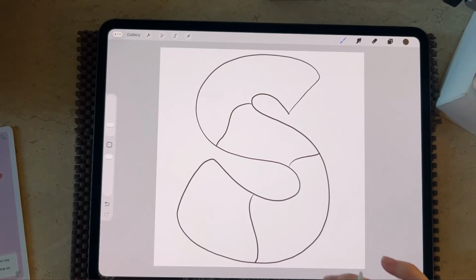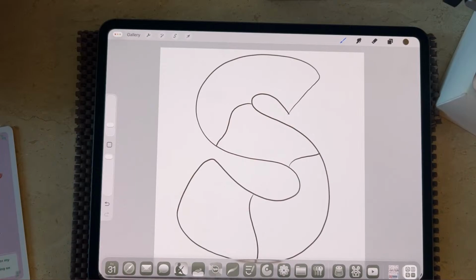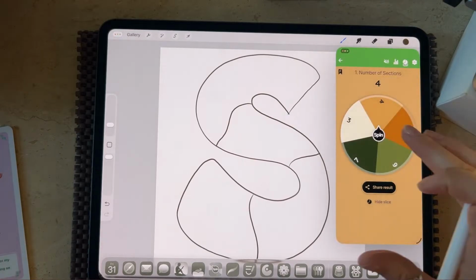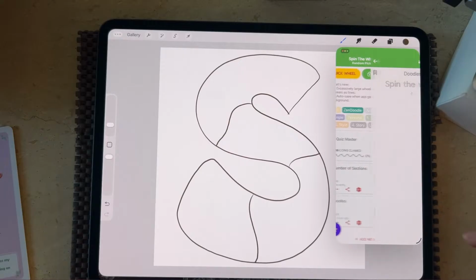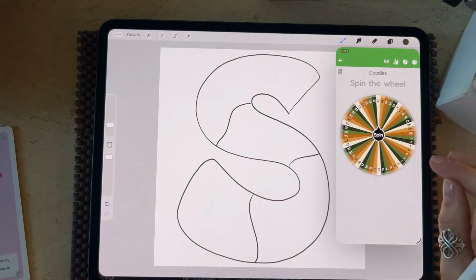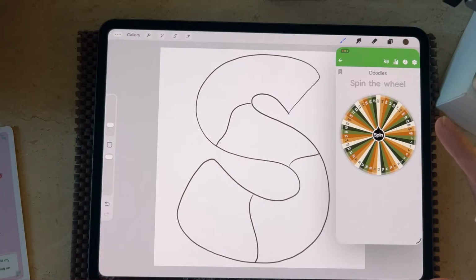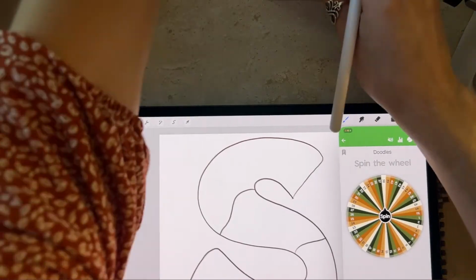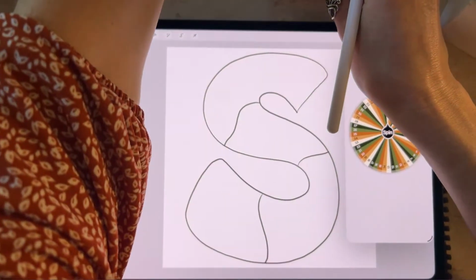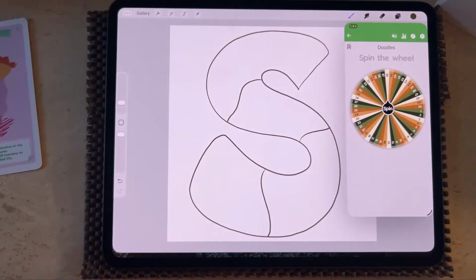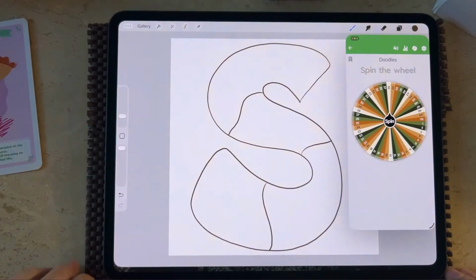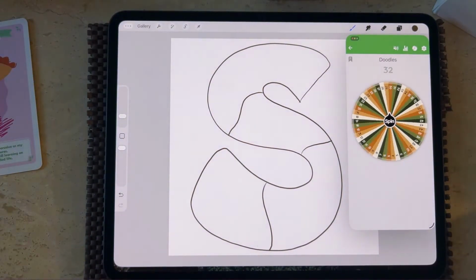All right, and now we will see which of our doodle patterns we are going to be doodling today. And of course, the invitation is for you to decide for yourself whether you want to follow along exactly, or whether you want to do your own, go off script. You are completely free to do that. You have choices. Okay, so let's see.